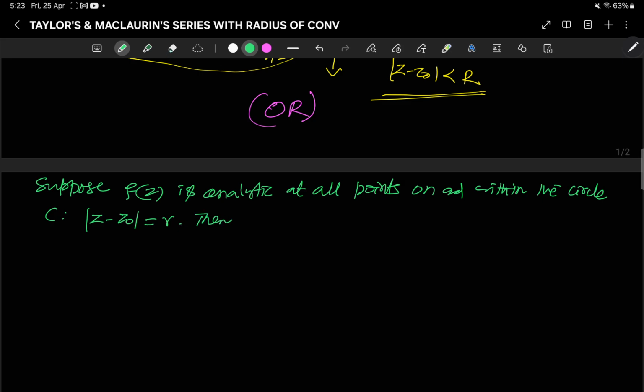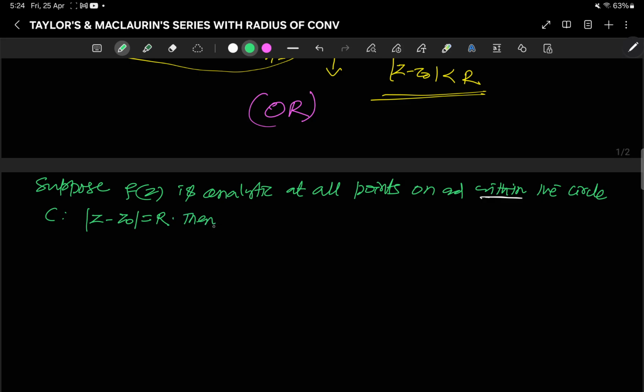Or I can write less than or equal to r. So since I have taken this within the circle |z - z0| = r, it means inside and on, right? Then